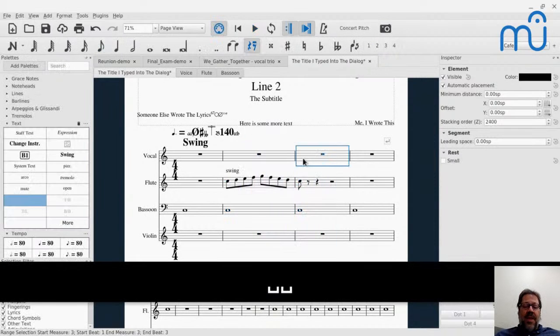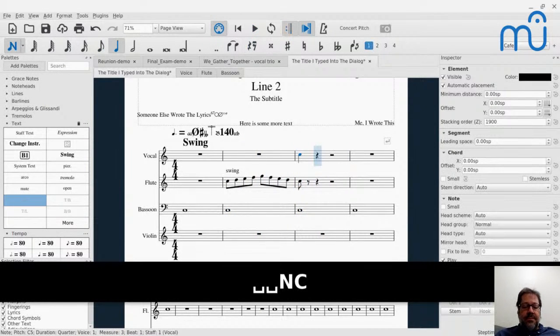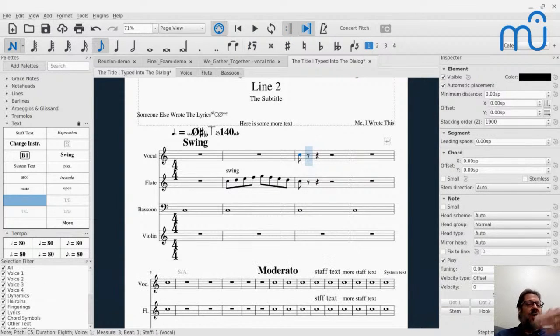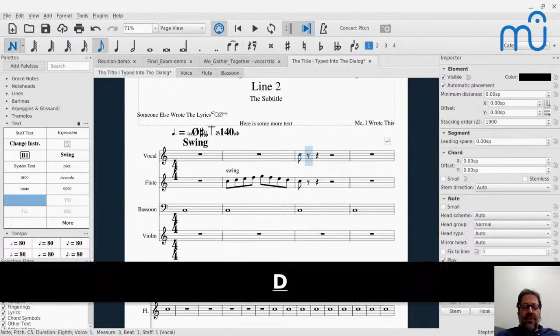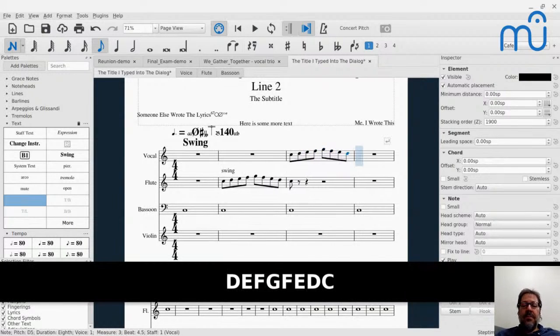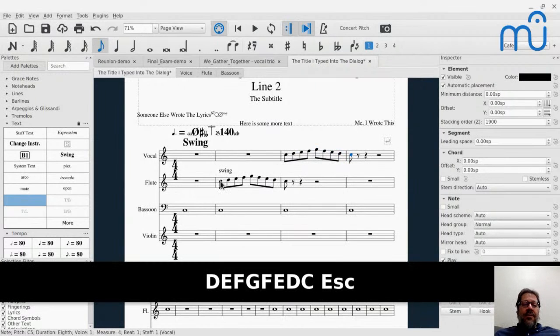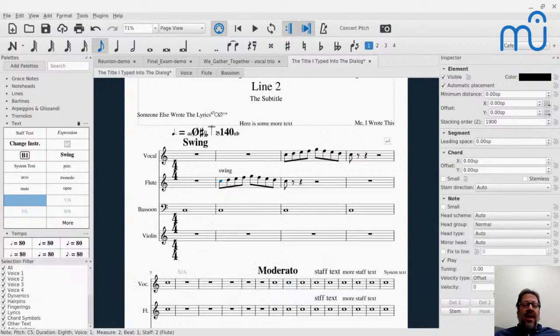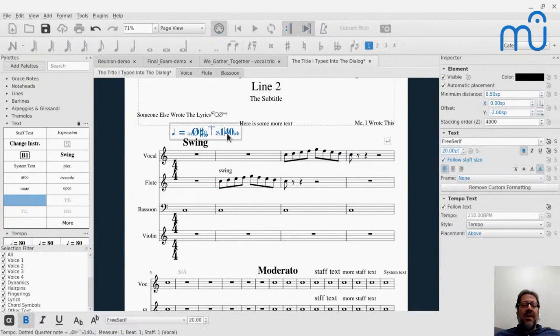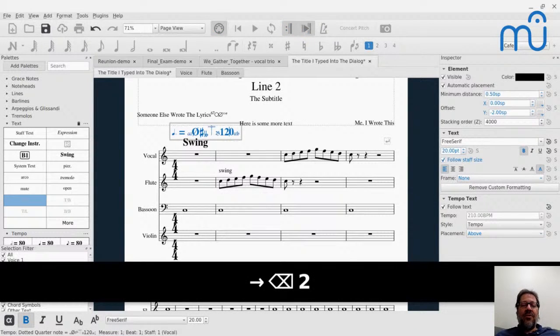I could have that, but then I could have the voice. I hit Q. I entered a quarter note by mistake. I hit Q, it turns it into an eighth note. Q halves the duration of things. So boom. So now you'll see the flute's going to have super exaggerated swing, but the voice will have normal swing. It's actually pretty exaggerated sounding because 140 is a little fast for that amount of swing.